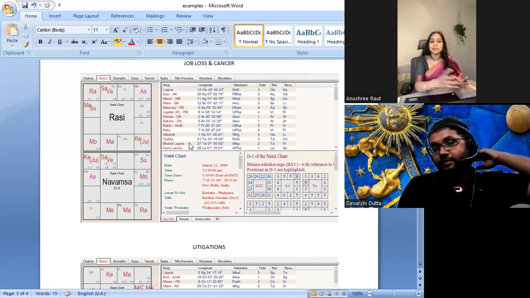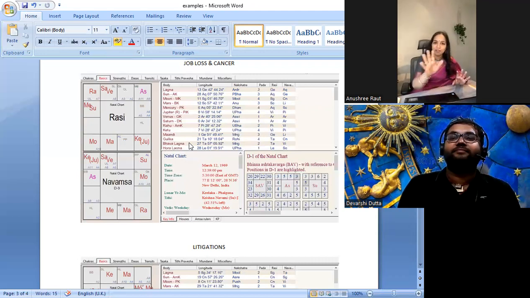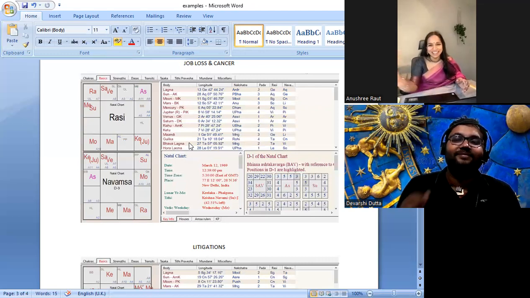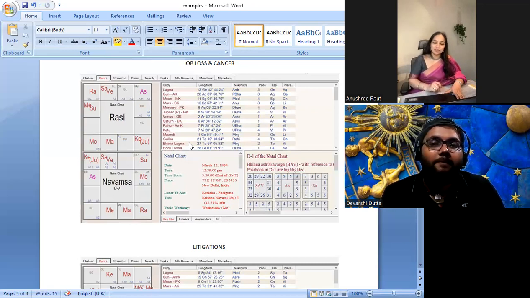Right. For example, you're a Bengali. Suppose you were born in Kerala, originally Bengali, because your roots are there. So you were born in Kerala, then you go to Switzerland, and then suddenly you go to China. Okay. So you see the 4th house, how it is manifesting. Yeah. This way. Okay. All right.